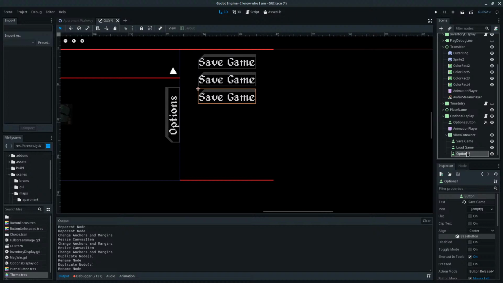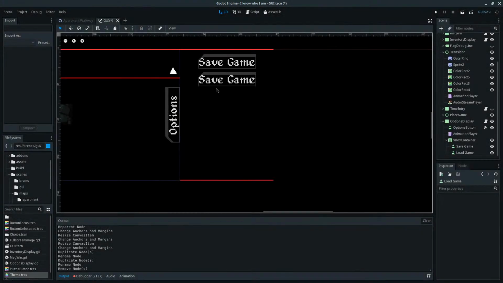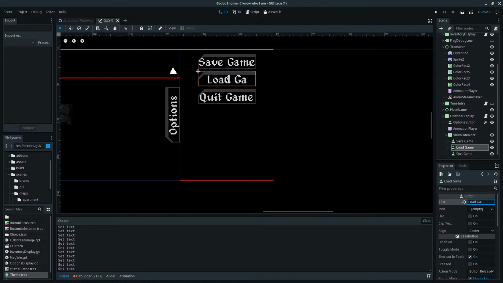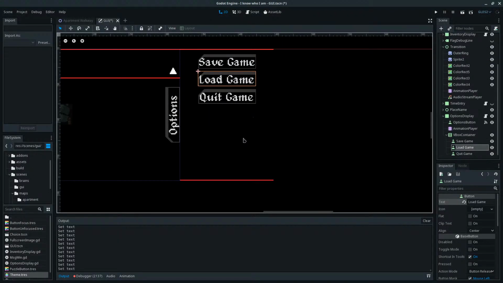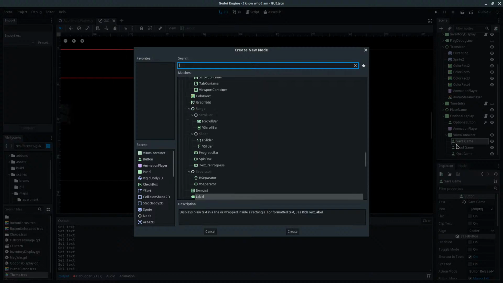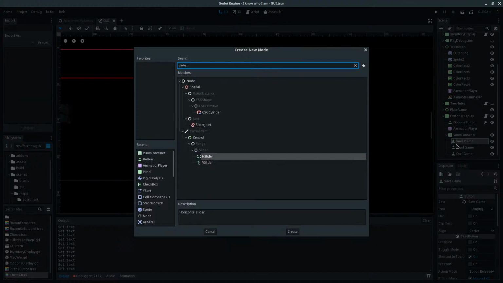options, other options. Now the other options, actually I'm gonna remove that because it'll probably be like save game, load game, quit game. But then there will be other controls here. I guess this is a logical place to put it, like sound, that kind of stuff. Just like sliders. So I have to make a slider. Or does it? Does Godot come with sliders? Let's see. Okay, it does have horizontal and vertical sliders.